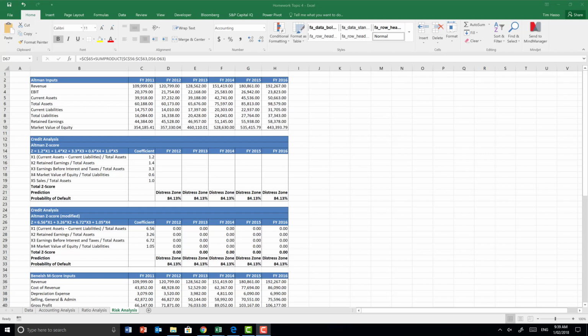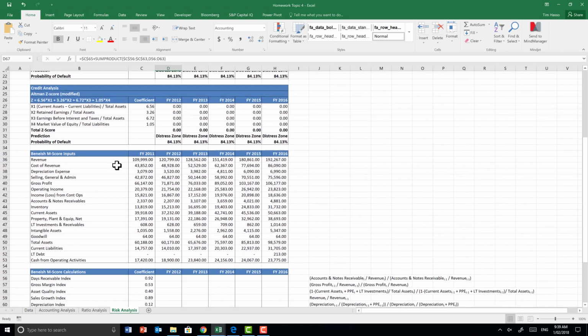Welcome to the risk analysis homework. Today we're going to be doing some simple risk analysis, and we're going to be again using H&M as our example. Now in front of you, you see the risk analysis worksheet that is uploaded onto iLearn,